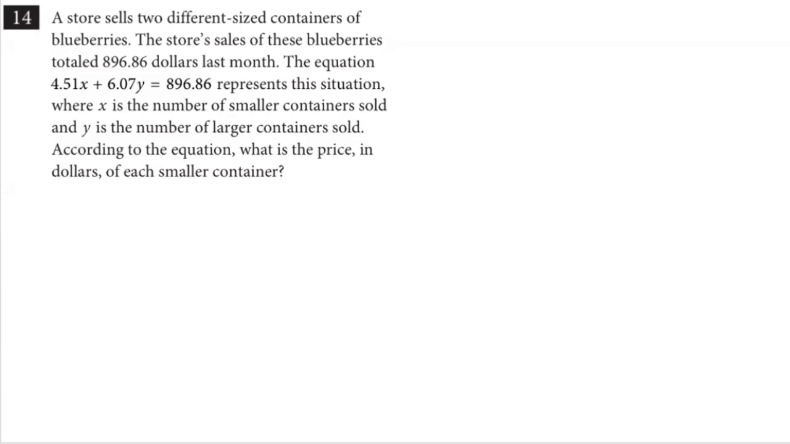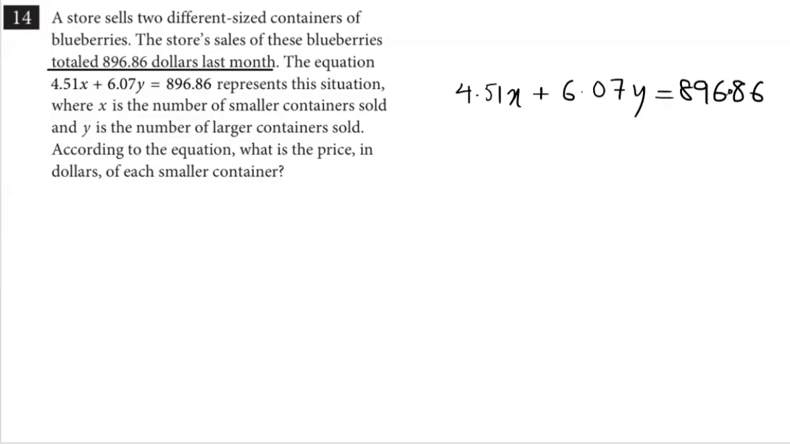Question 14. A store sells two different size containers of blueberries. The store sales of these blueberries totaled $896.86 last month. The equation 4.51x plus 6.07y equals 896.86, which is given, is a linear equation and represents this situation. So what is this situation? It's the total amount earned from sales, where x is the number of small containers and y is the number